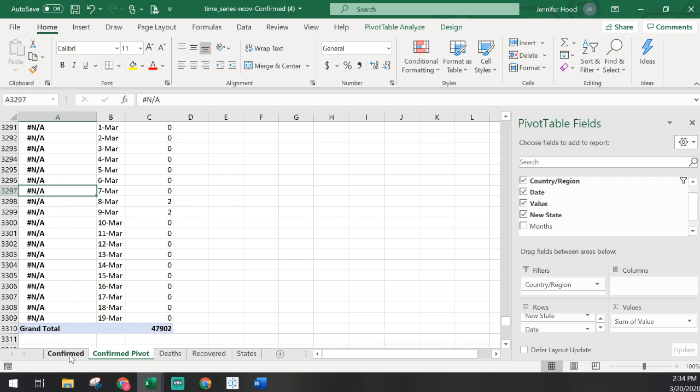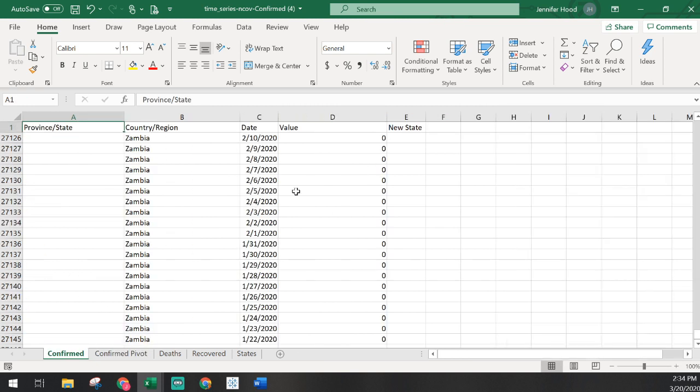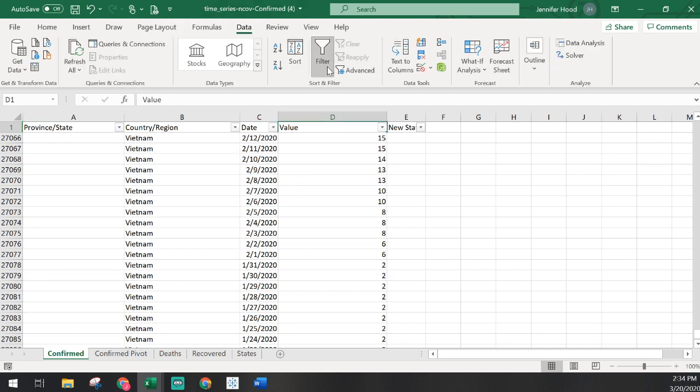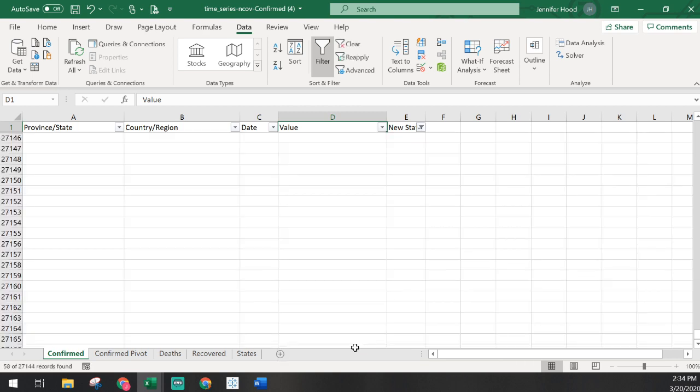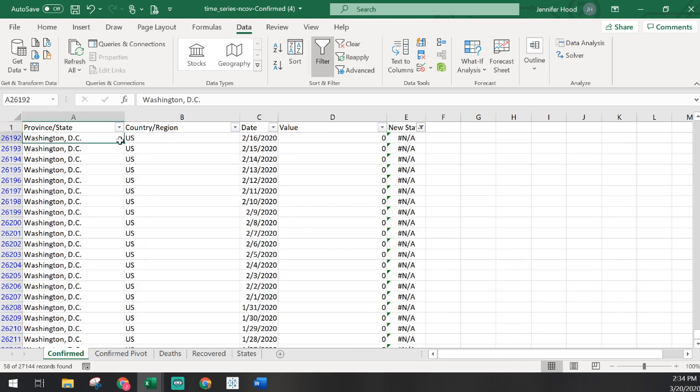I'm going to go back to my confirmed sheet and put a filter on, clear everything, and click the hashtag NA. It found an error when it tried to look up Washington, D.C., because it was really looking up D period and wasn't finding anything. So that's something else we need to take into account.